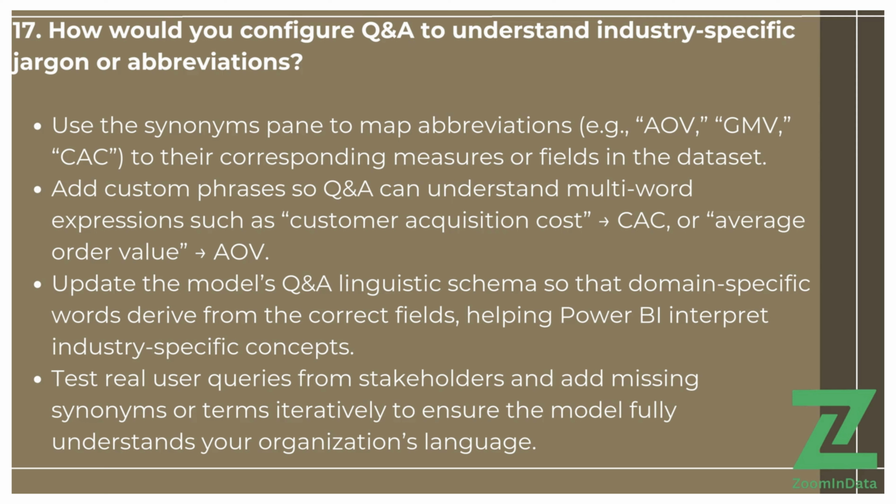17th question. How would you configure Q&A to understand industry-specific jargon or abbreviations? Use the synonyms pane to map abbreviations, example, AOV, GMV, CAC, to their corresponding measures or fields in the dataset. Add custom phrases so Q&A can understand multi-word expressions such as customer acquisition cost, then CAC, or average order value, then AOV. Update the model's Q&A linguistic schema so that domain-specific words derive from the correct fields, helping Power BI